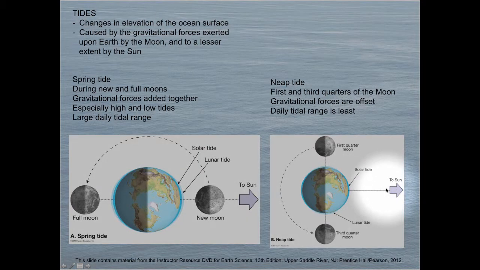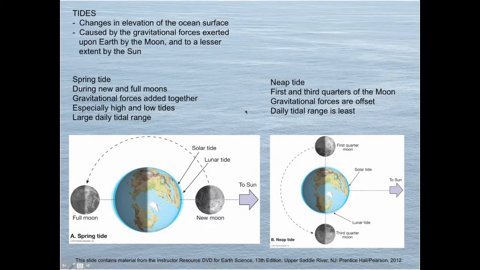So in this case, the sun is still to the right, the moon is away from the sun in some regard, and the tidal bulge is dominated again by the moon, but the sun still has some of that force pulling on this section. So basically over here in the spring tide, the high tide is high and the low tide is low. Over here in a neap tide, the high tide is high, but not as high as the spring tide high tide. The high tide is high, but the low tide isn't as low as it would be